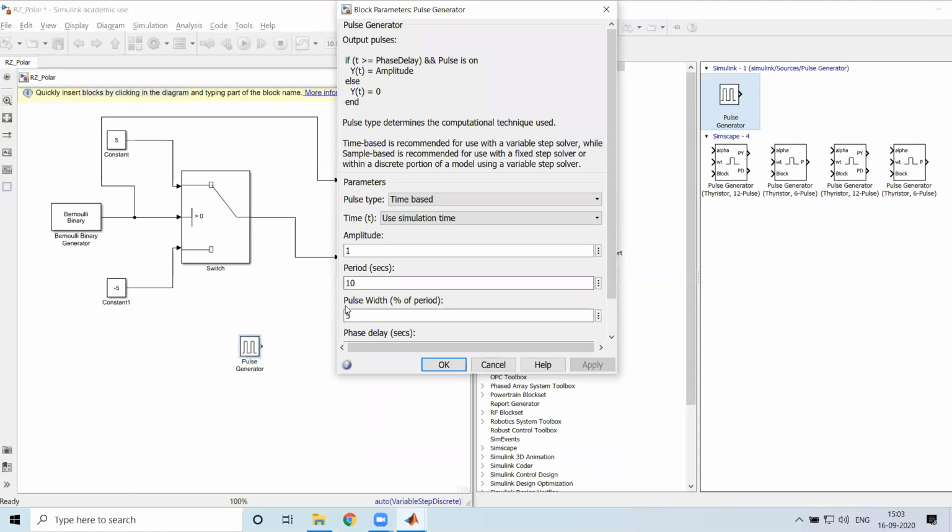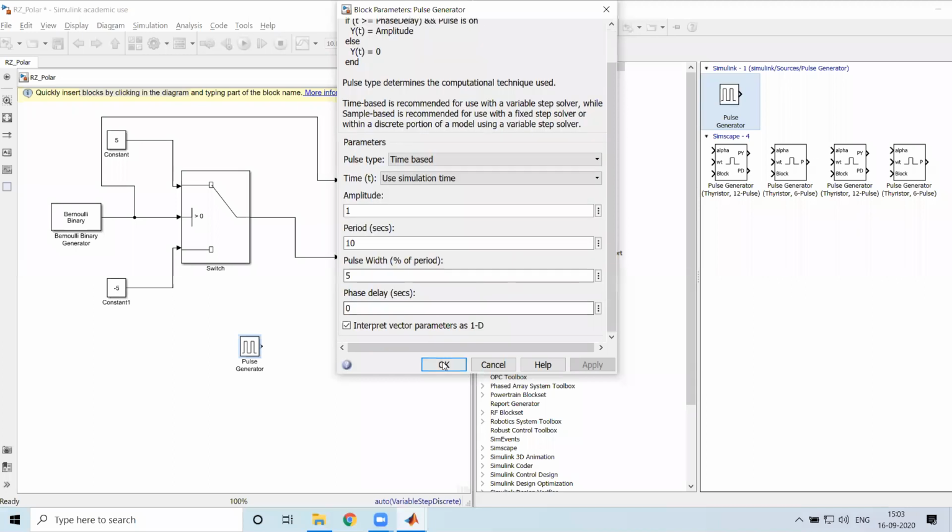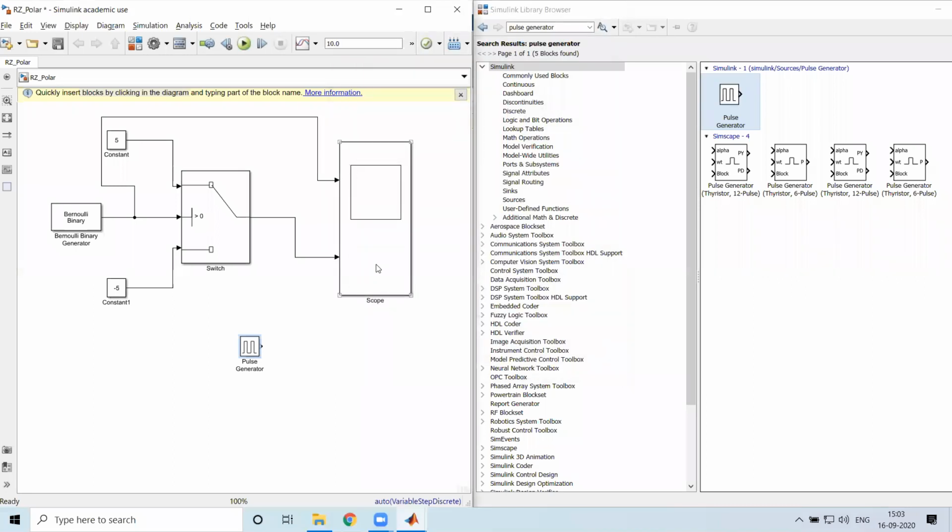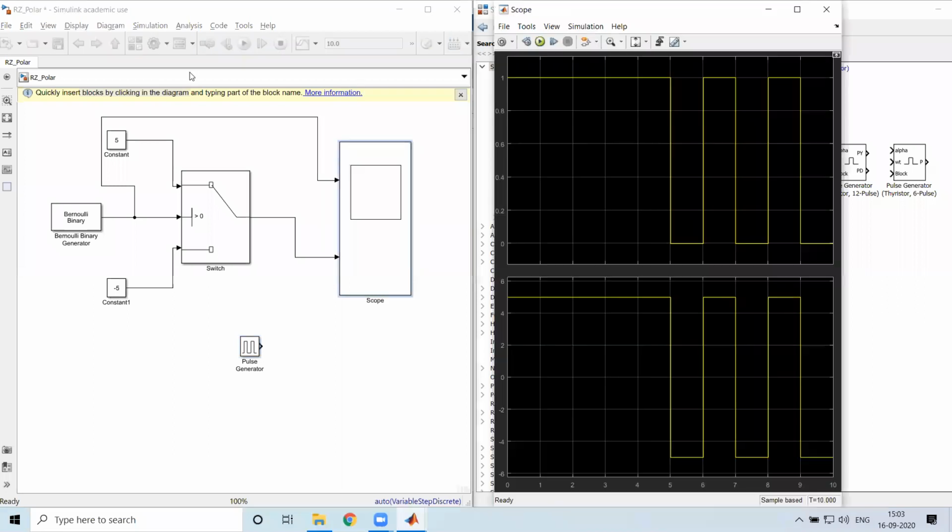So in 10 seconds it will be on for only 0.5 seconds. Phase delay and the other settings are also there. So let us see what is actually there in the pulse generator.